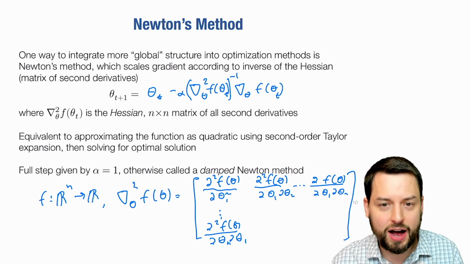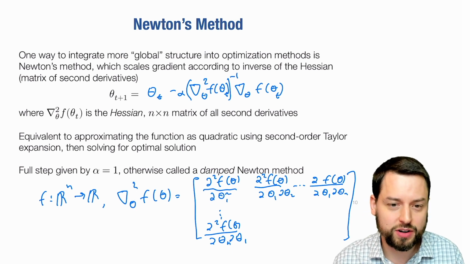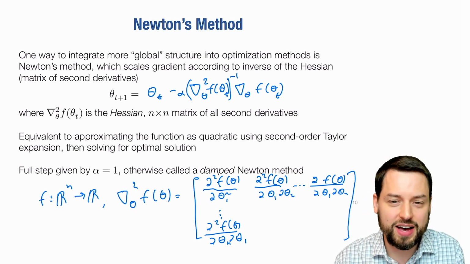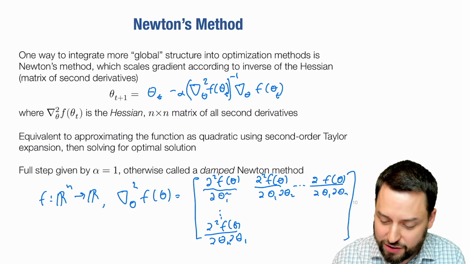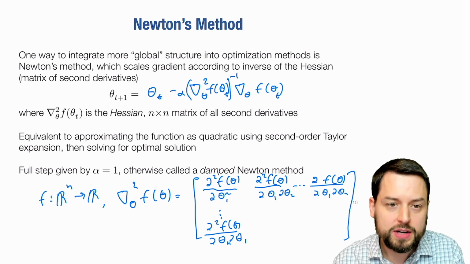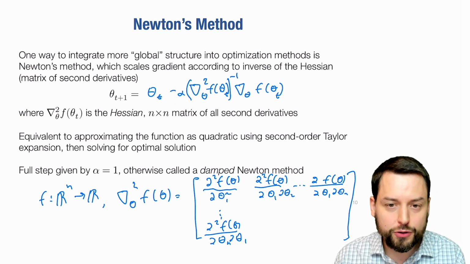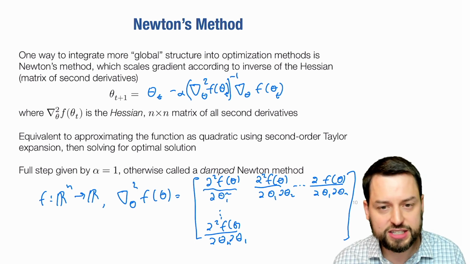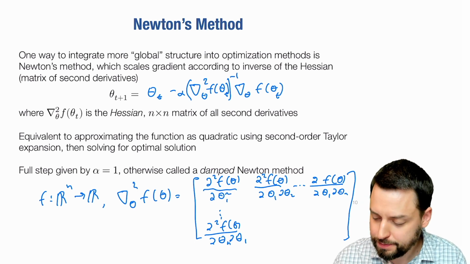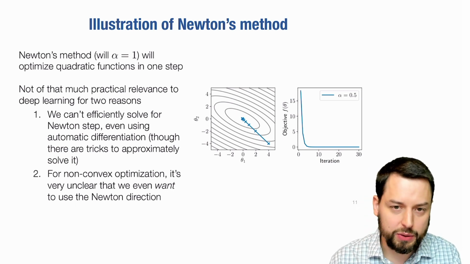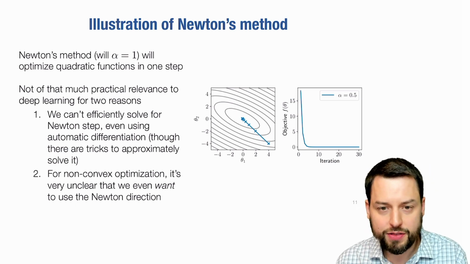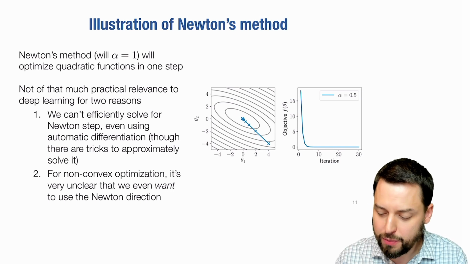Again, I'm intentionally not being too detailed about covering it here because it's not that relevant. But what I want to highlight, and I should also finally mention, is that if you take a step size alpha equals 1, this corresponds to what's called a full Newton step. But if you take alpha less than 1, this is what's called a damped Newton step. The point I actually want to make is this slide here, which is to say the following. It turns out that the direction for a quadratic function,